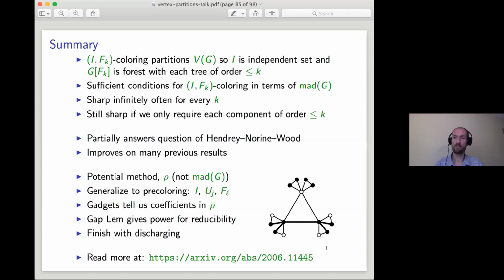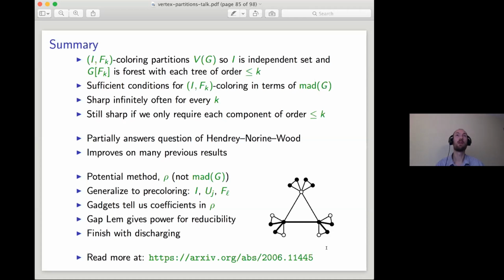Do you think all the sharpness examples have lots of triangles? Yeah, so that's an interesting question. I think it would be interesting to say, what if you require girth at least 4 or something like that, or triangle free. I think that the potential method, the version that I used here, kind of breaks down because when you go to,